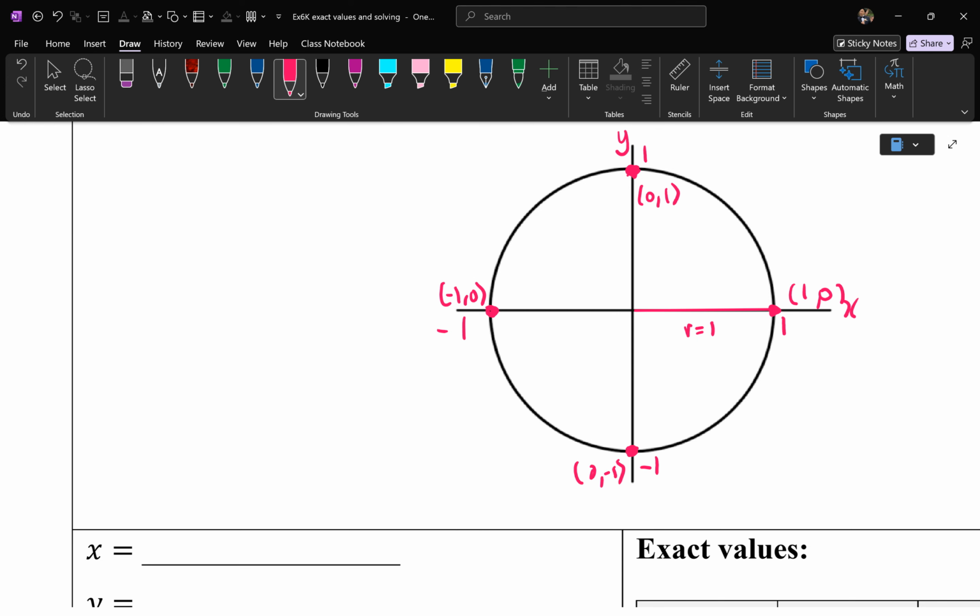Okay, very good. Now, these are the 4 key points, but you can still have coordinates in between each quadrant. Reminder, this is called quadrant 1, so Q1, and we count anti-clockwise, so this is quadrant 2, quadrant 3, quadrant 4. So you've got 4 pieces. Now this point in quadrant 1,